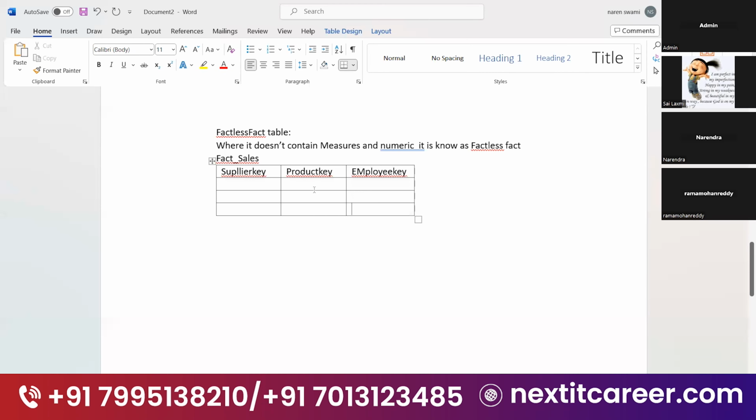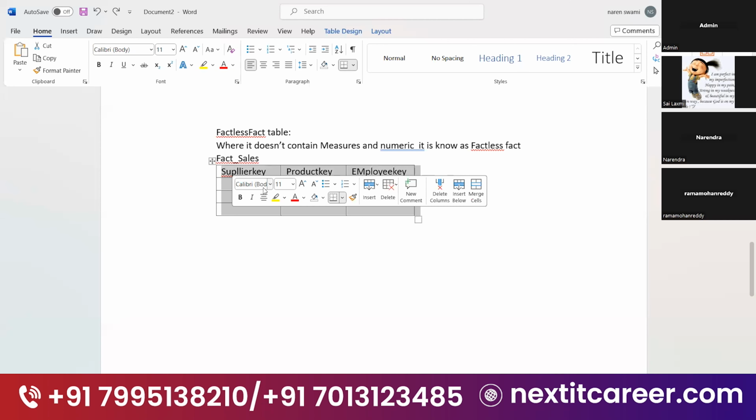Something like how many products are sold by a particular supplier, how many products are sold by a particular employee, how many products are sold by a particular employee for a particular supplier. These can be analyzed by using the factless fact table, even though it doesn't contain the